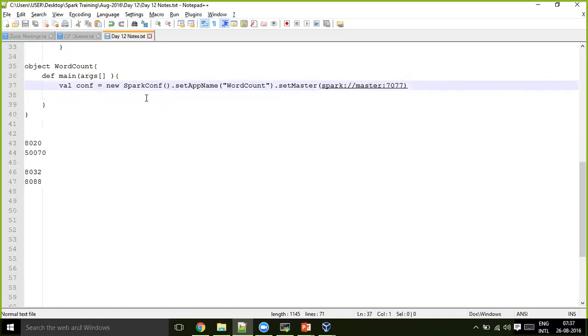So the very first step we do is prepare a conf object, a SparkConf object, and we set the bare minimum two parameters: the application name, which is the Spark job name that you want to give, and the master which you want to connect to. If you have a pseudo standalone cluster or a standalone Spark cluster, you can give that, or the other options.